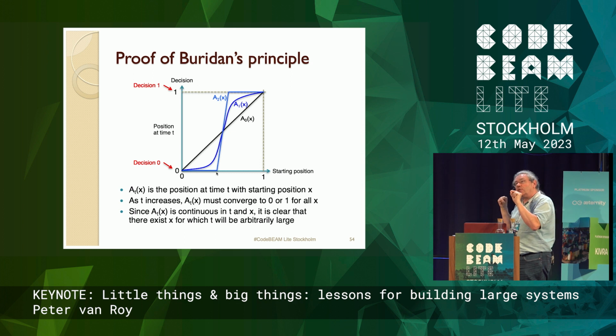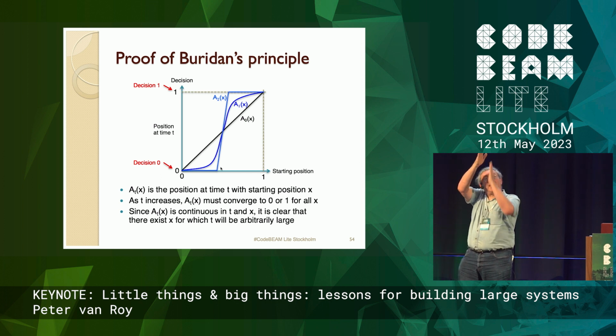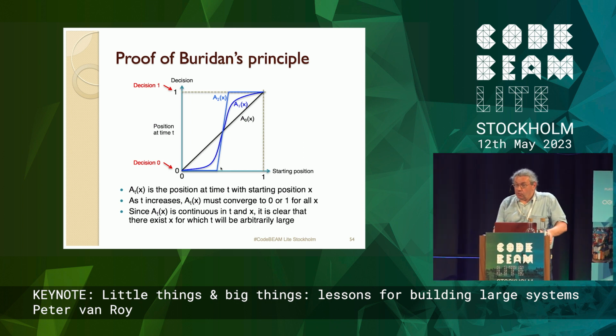If the input changes a little bit, then your decision-making process will only make a small difference. So A0 of x is just a 45-degree line. You know nothing. A1 of x, you're starting to decide, okay? A2 of x, you have already decided for a few of them, but for these in the middle, you don't. But notice, because this function is continuous, for every value of t, it has to move from 0 to 1. So there are always going to be values in the middle, okay? Of course, maybe not very many, but they will always exist.